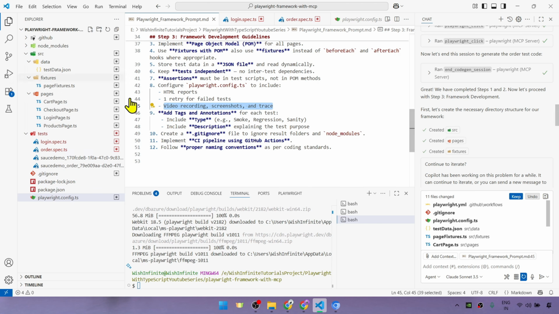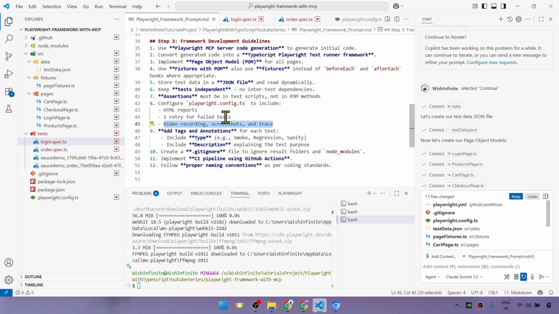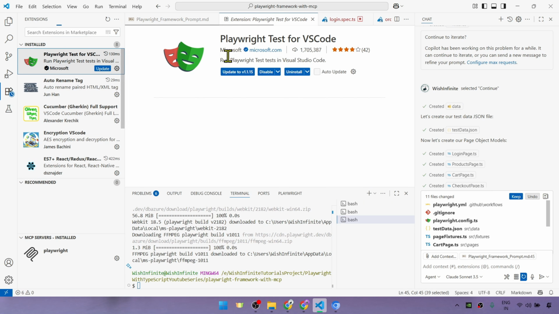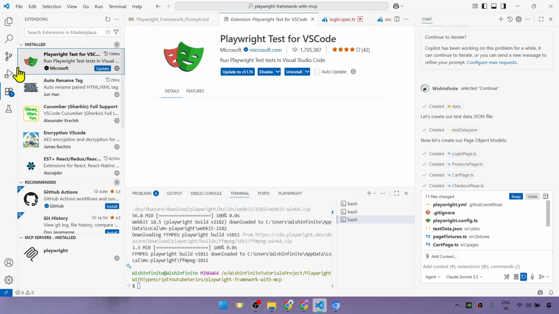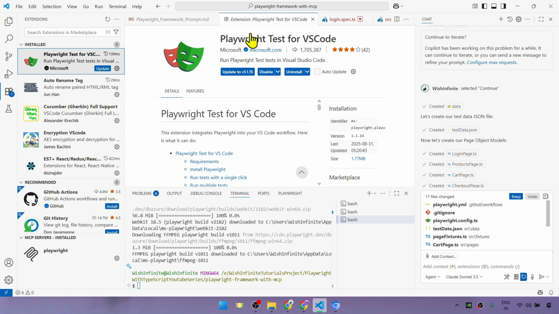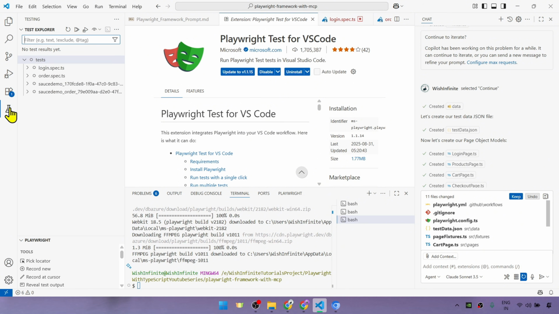So now we have got an idea about the framework, right? What kind of framework it has created. And now let's quickly proceed further with the execution. For that, we can use this Playwright extension. For me, this Playwright extension is already installed. If you want to install it, you can search for it under the extensions and then install it. And once this Playwright extension is installed, we would be able to see this testing option here, where we will be able to see all the tests which are inside the tests folder, because that's what is configured in our